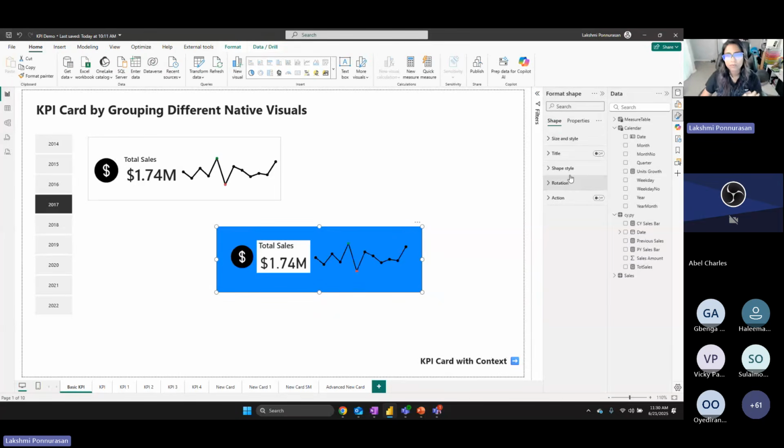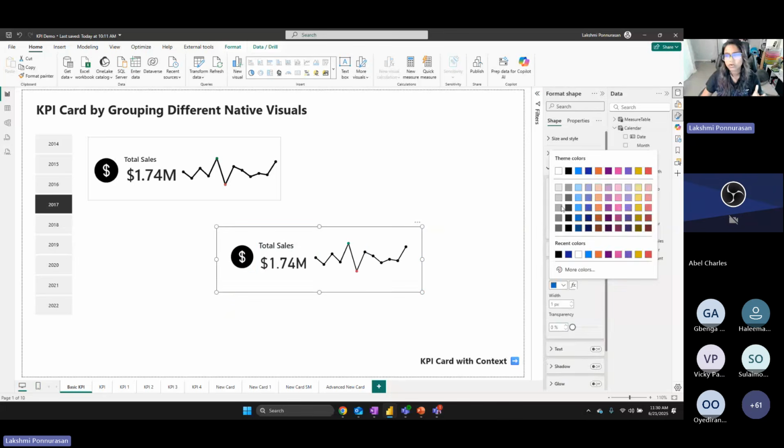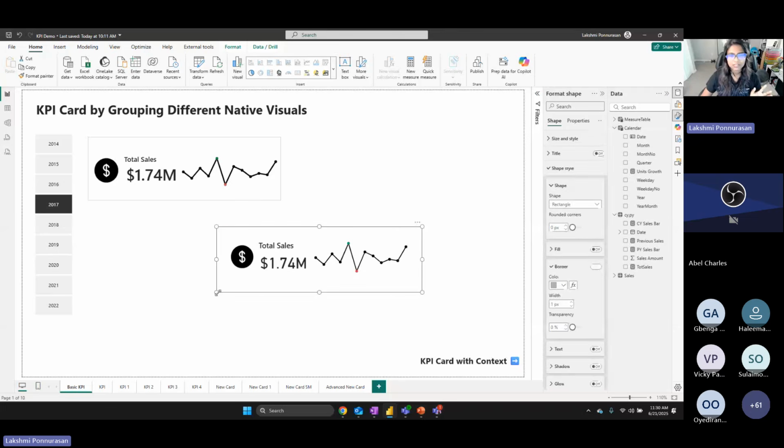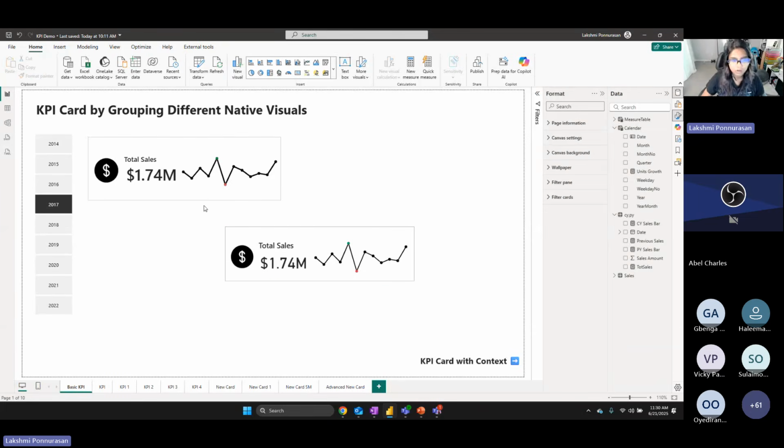Now let's do a couple of formatting. Since I do not need the fill, switch off fill, and the border, I'm just going to change it to a lighter shade of gray. And then feel free to adjust your size according to your needs, according to the space. Once you are satisfied with all of this,